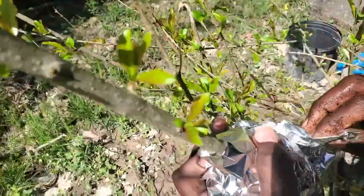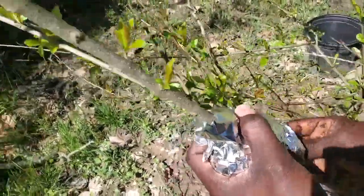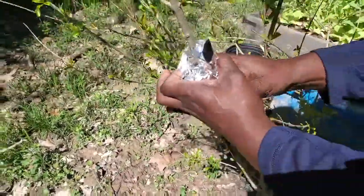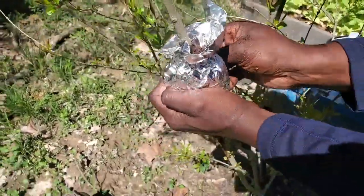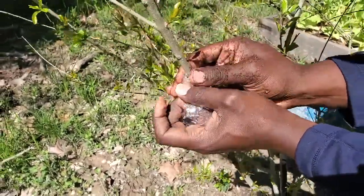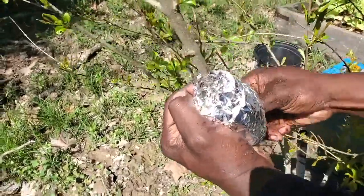The reason why I like to use the aluminum foil is because I can always open this up at my own pleasure and get a peek in there. This is what I like to do if I want to see if my roots are growing. I'll open it up and get a little peek in. So right now though, I can close it all the way up too. This is not really going to dry out. This is why I like the